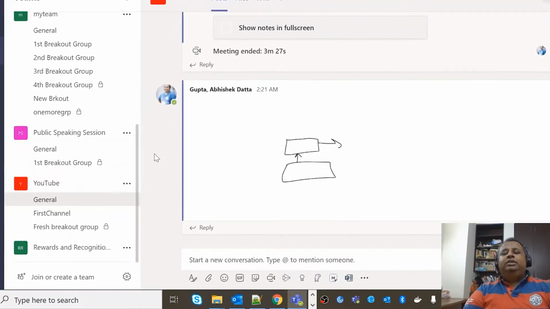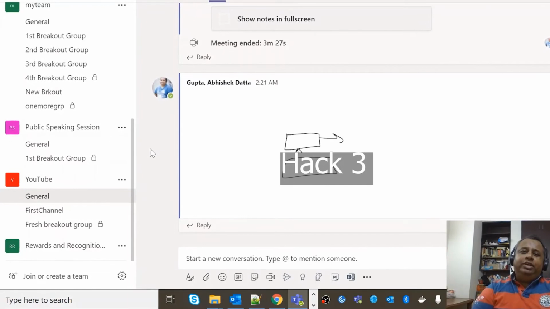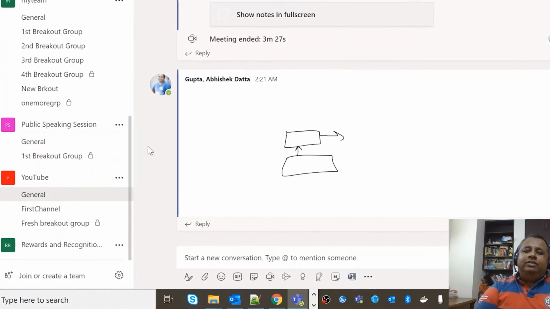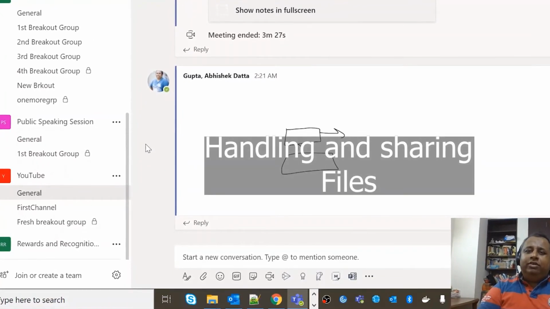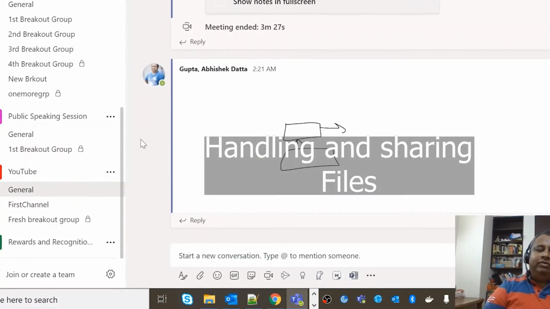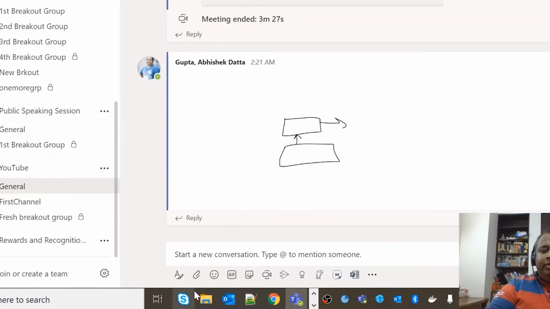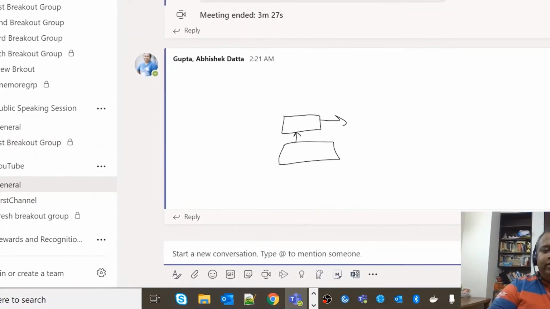And the third tip that is part of the top 3 tips is definitely handling files and sharing files, right? So we have been sharing files on Microsoft Teams for quite some time now. We have been dragging and dropping files here below in the chat window.